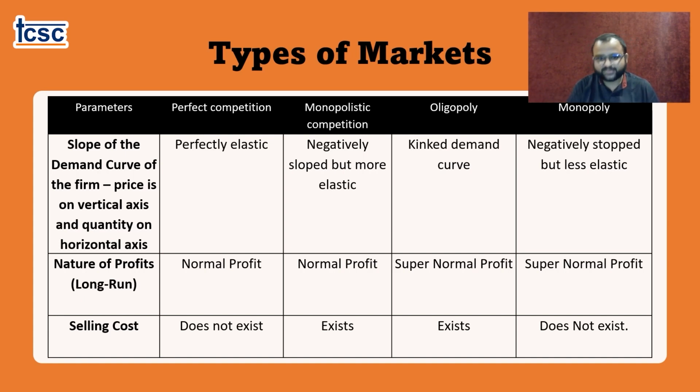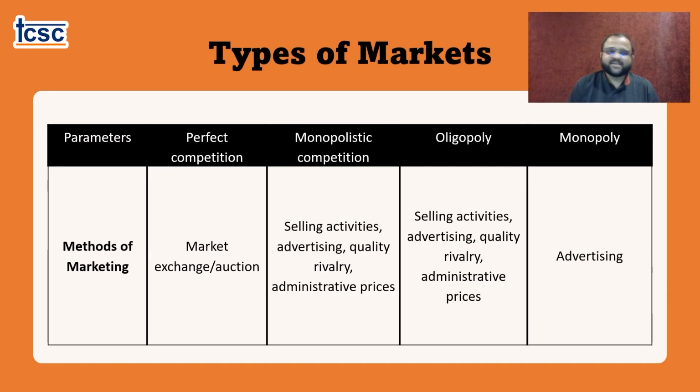With respect to selling cost, it is actually not there in perfect competition and in monopoly. Because in perfect competition everyone knows about the product, you know the buyer, you know the seller, you know the product, so you need not incur that cost. In monopoly, he or she is a single person who is selling the product, so why do you need to take the marketing cost? Now, you can advertise sometimes, but the advertisement cost when compared to oligopoly and monopolistic is not going to be similar. So monopoly will have very little money spent there, and their methods of marketing would be very simple.